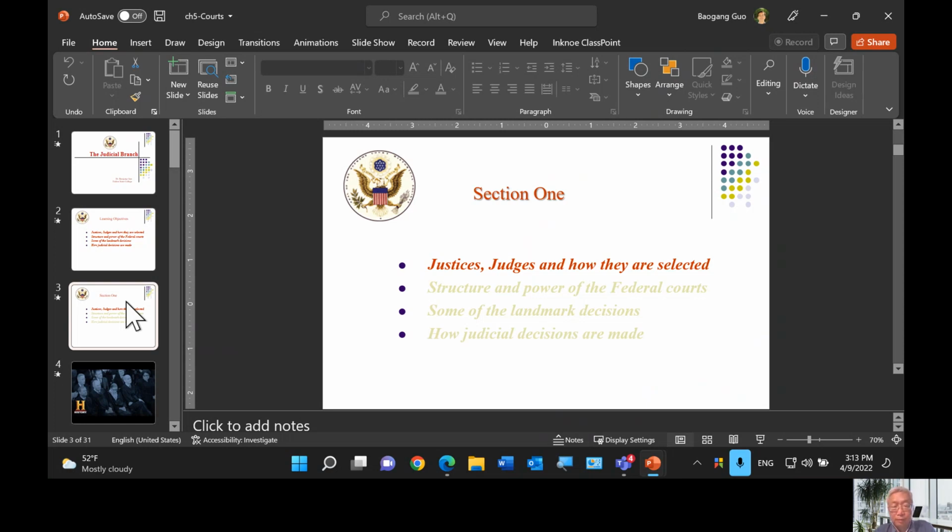Right now, the court has a 6-3 balance in terms of conservative justices and liberal justices. Adding Judge Jackson to the Supreme Court will not change the balance of power. So the conservatives still hold 6 positions on the bench. That tells you that future decisions of the court will continue to lean in favor of conservative judicial philosophies.